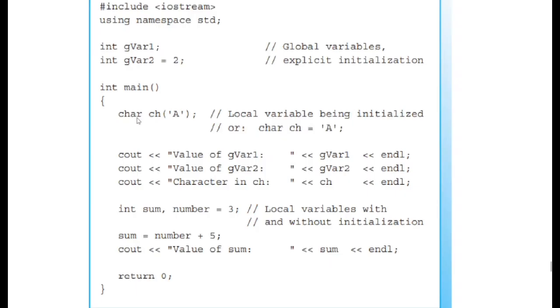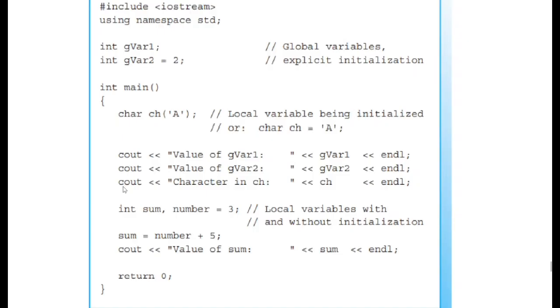That variable would only be accessible or visible to the code that's run in here within the main function. If we had another function below the main, then that other function wouldn't have access to our char variable. Whereas the gvar variables are accessible inside the main function and any other subsequent functions we may choose to create.